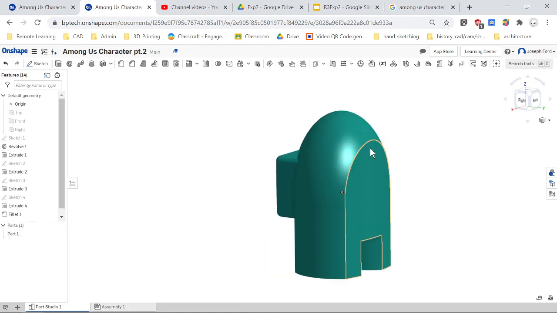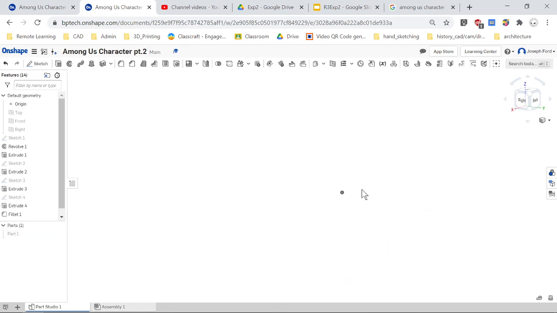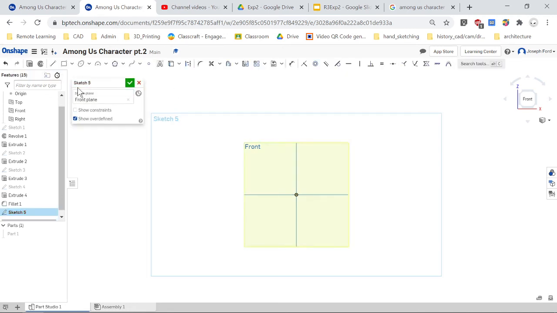And now I'm going to make his visor. So I'm going to hide this part. And I'm going to create a visor. So now I'm going to go to the front. So click on front, and I want my planes back, so P, and then I'll zoom in here a little bit, and I'm going to create a sketch. So sketch, front plane, and I'm going to do the ellipse again. Ellipse. Click in the center,